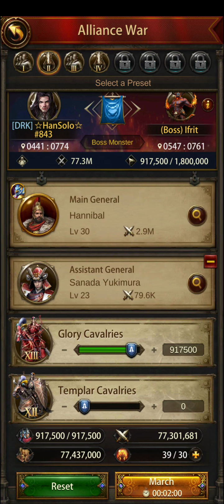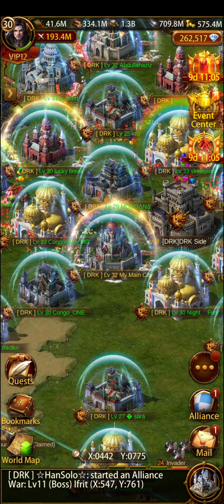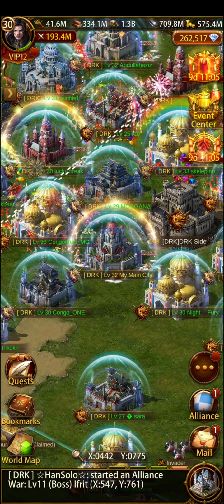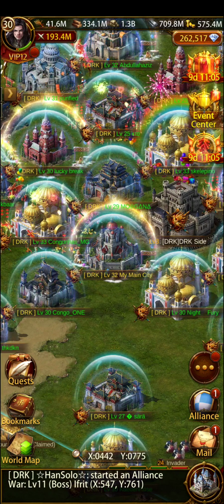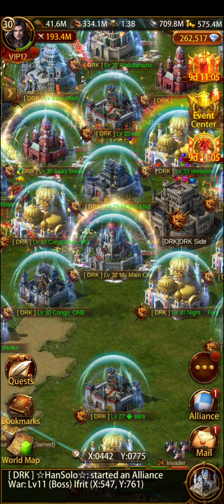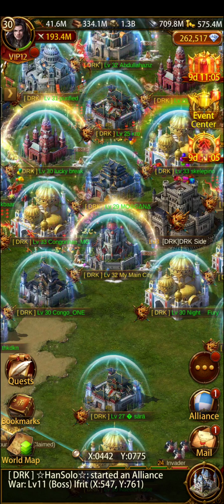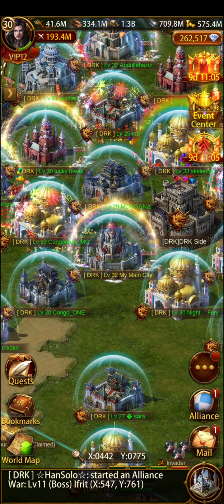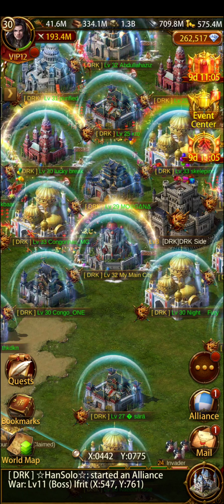And I will send with Hannibal a full march of tier 13 cavalry, mounted troops. And by doing that, I will have no wounded on that march, and I will be able to get all of the buffs and everything from that monster. And the only thing that it costs me is stamina, because I didn't have to use any resources or anything